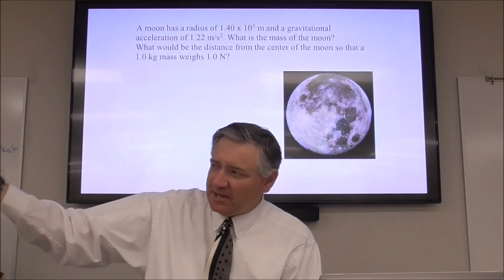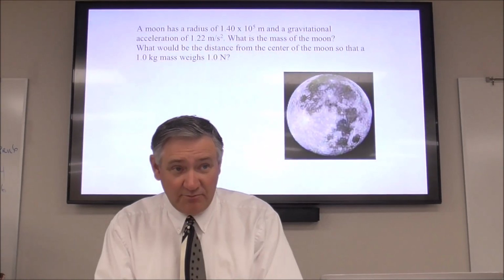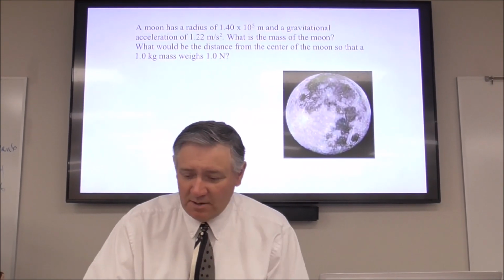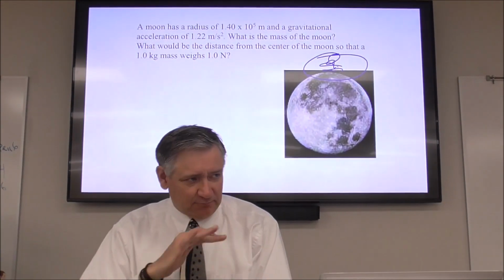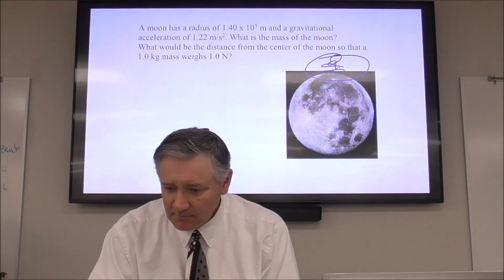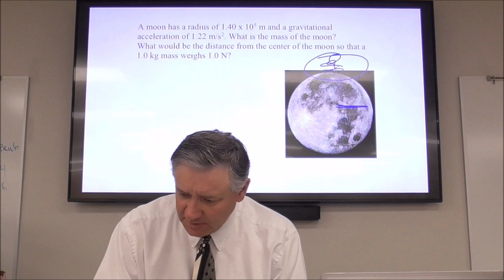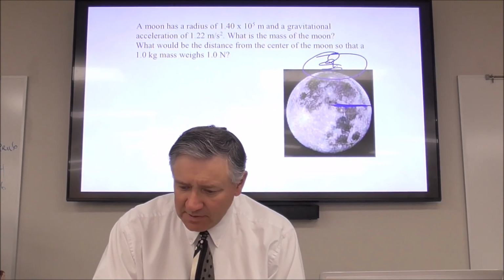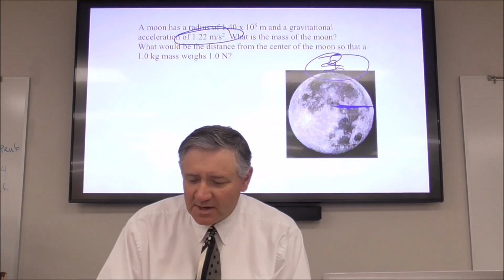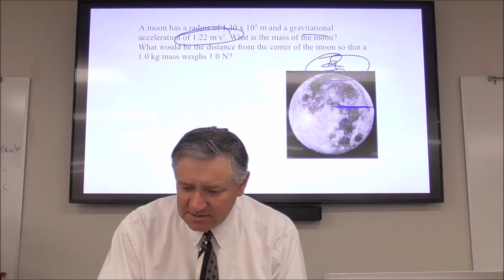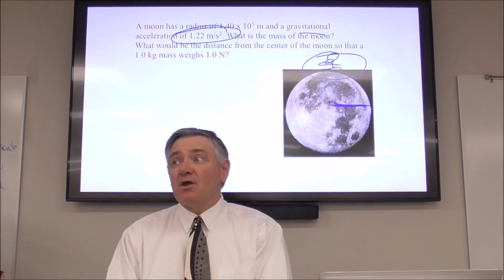Now we're actually going to land on the moon. So we're standing here on the moon. We have touchdown. And we know the radius of the moon. We land on the moon and set up a pendulum. That's the easiest way to do it. And we figure out that the gravitational acceleration on that moon is 1.22 meters per second squared,